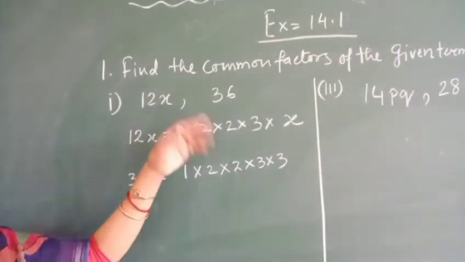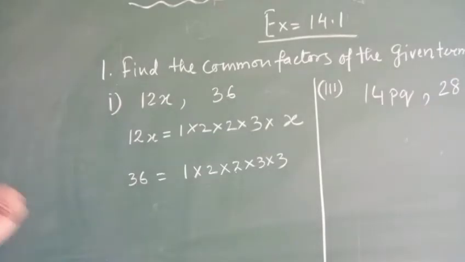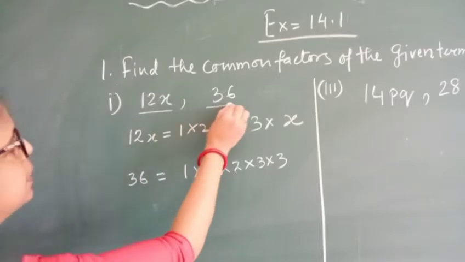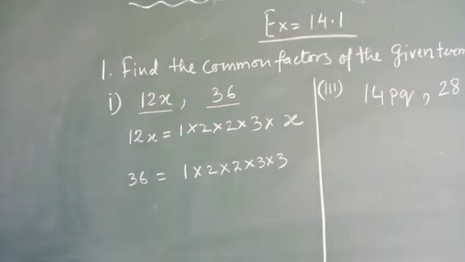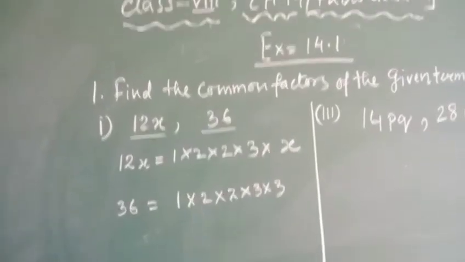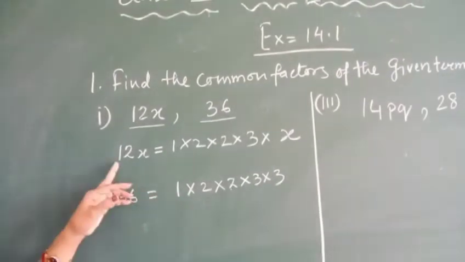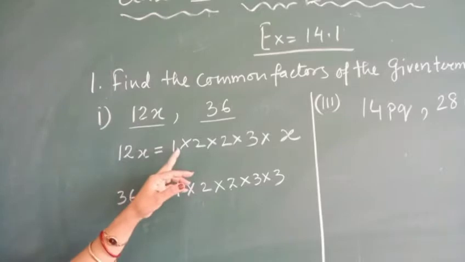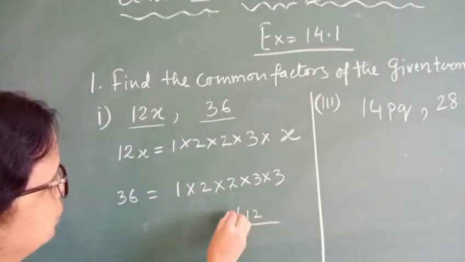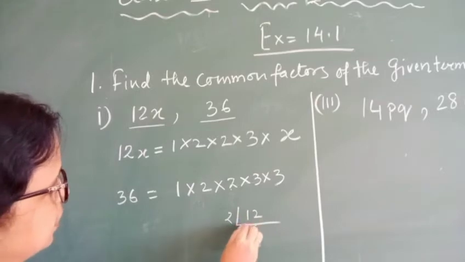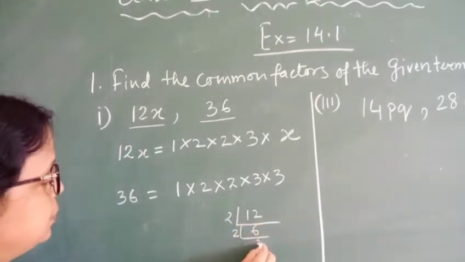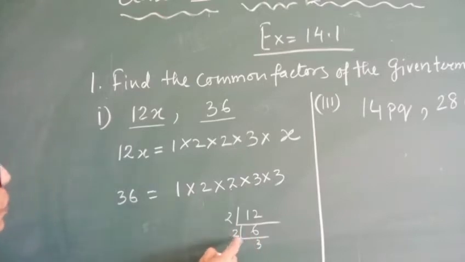Here also you have to find the common factors. In this question, one term is 12x and another is 36. You have to find the common factors of these. Remember, in junior classes you have learned how to find common factors. For 12, using the factors method, you can divide 12 by 2 to get 6, 6 by 2 to get 3. So 2 into 2 into 3